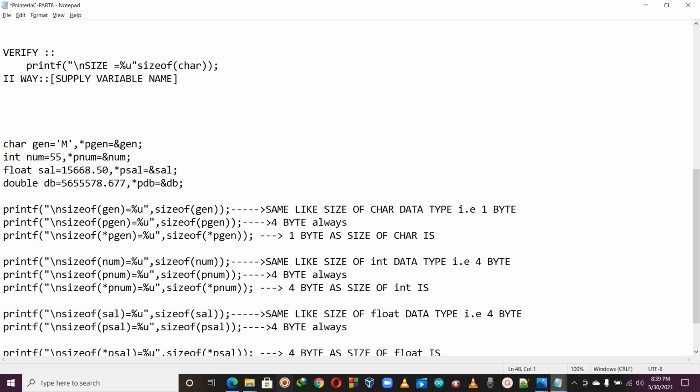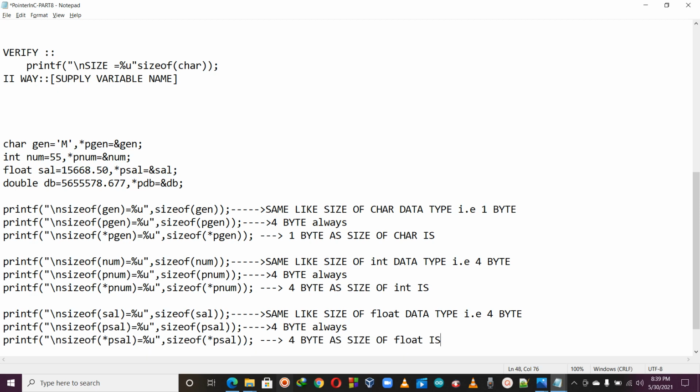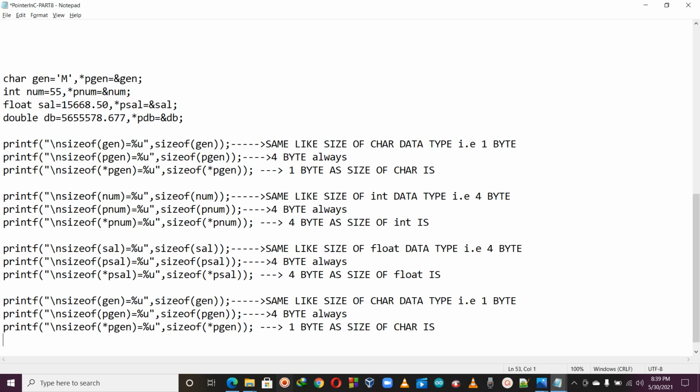Next, only I have to change db. So supplying the general variable, what should we get? Obviously the size of that data type. So what is the size of the double data type? The same as sizeof double. That is an 8-byte answer.